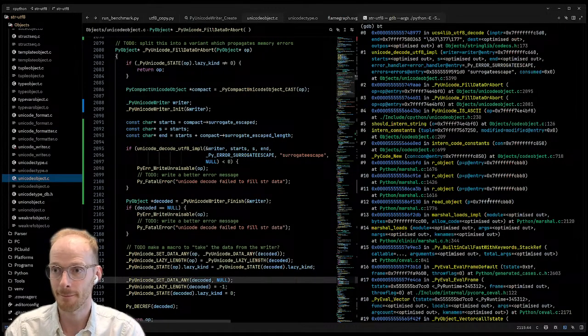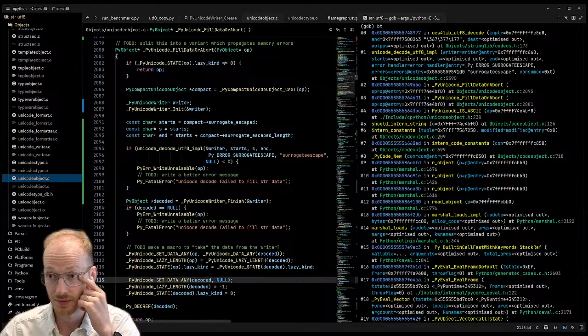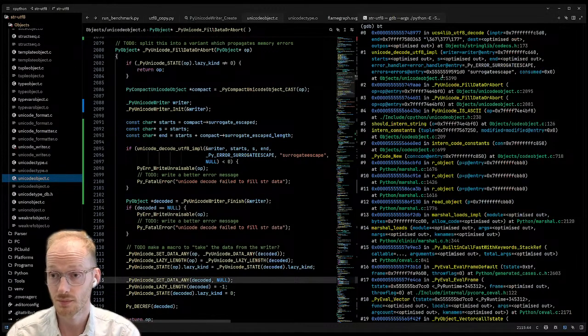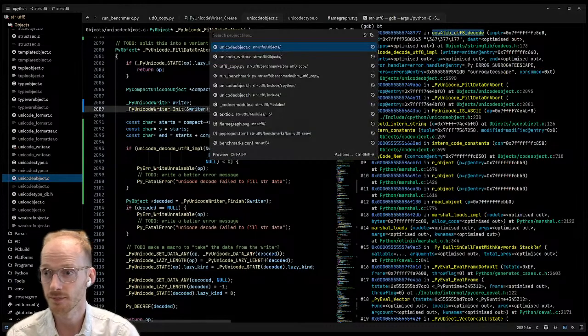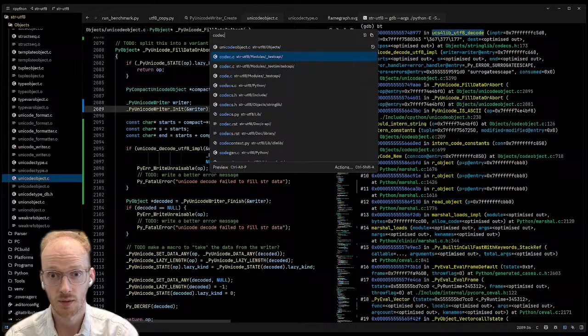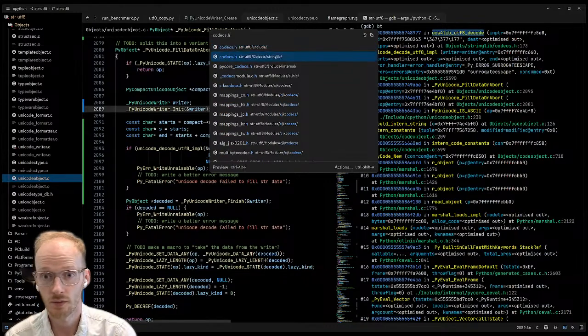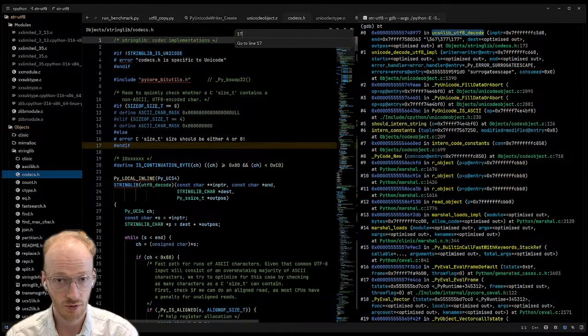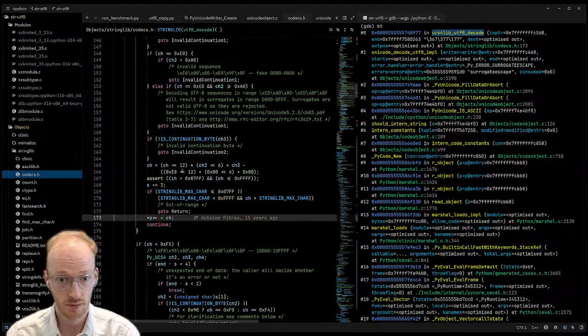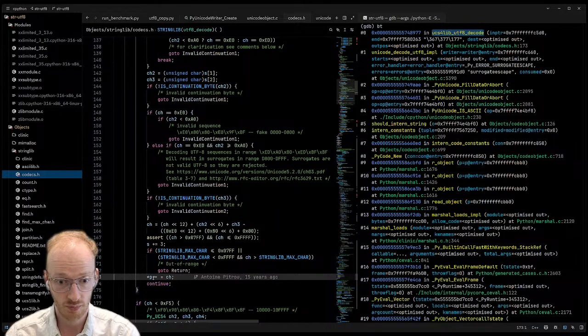Okay. Unicode fill data, our board uses for the UTF-8 decode. Target escape. So it's getting to this point and it's crashing. I wonder whether... hang on. 173 plus.